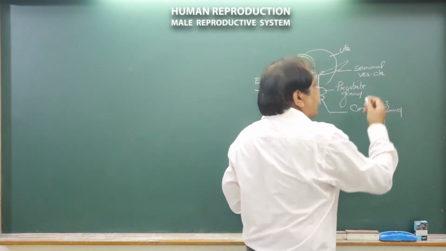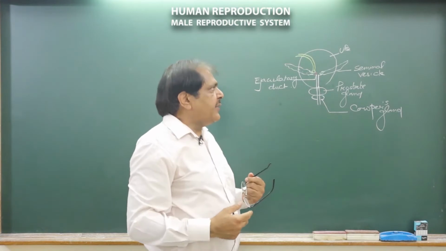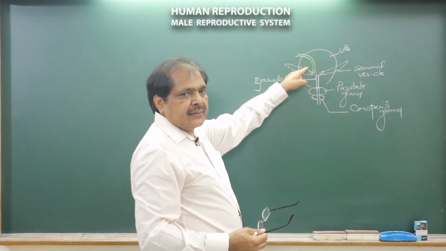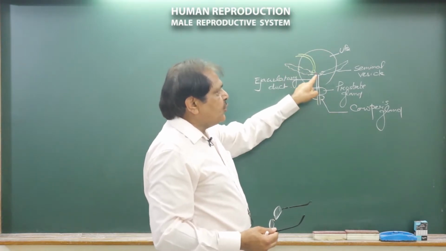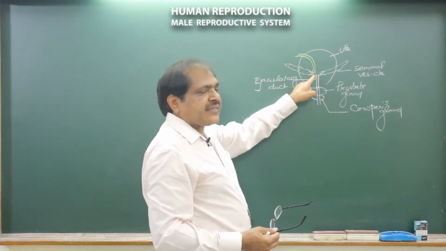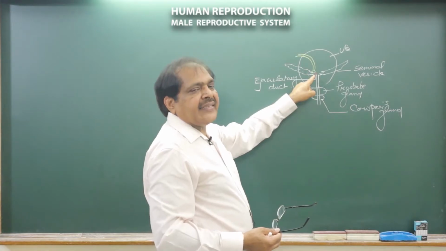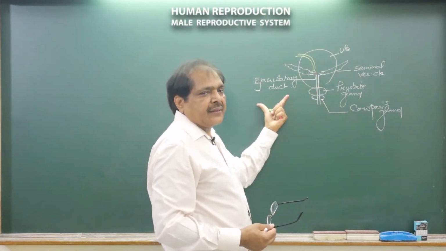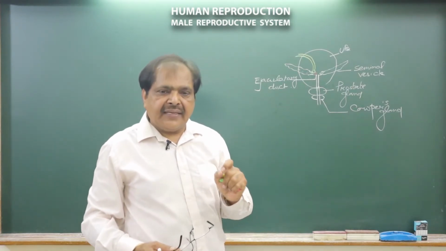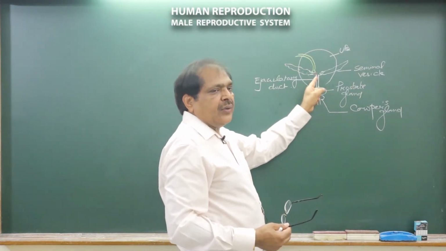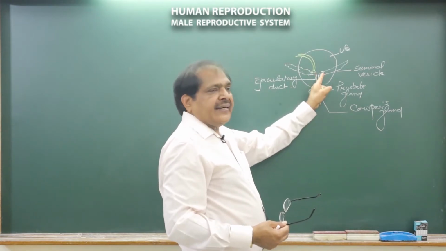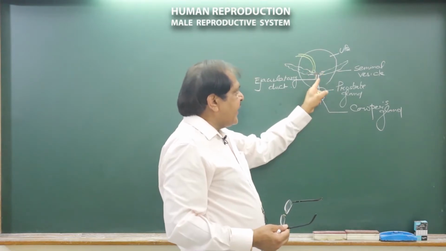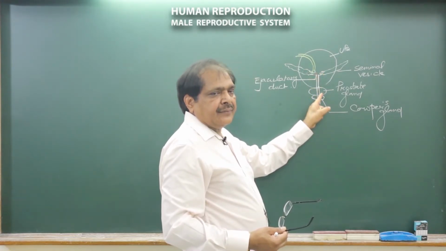Again, there are two seminal vesicles. This is seminal vesicle and two collectively seminal vesicles. The vas deferens opens into the duct of the seminal vesicle and they form a collective duct, which is called the ejaculatory duct. Duct means a small tube like. This is called ejaculatory duct. One ejaculatory duct is on this side also. Then they are continuous with the prostate gland.